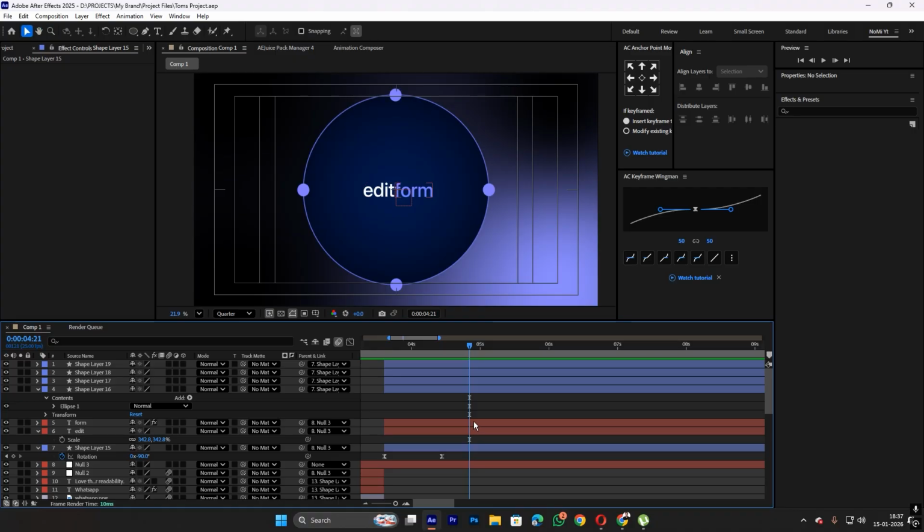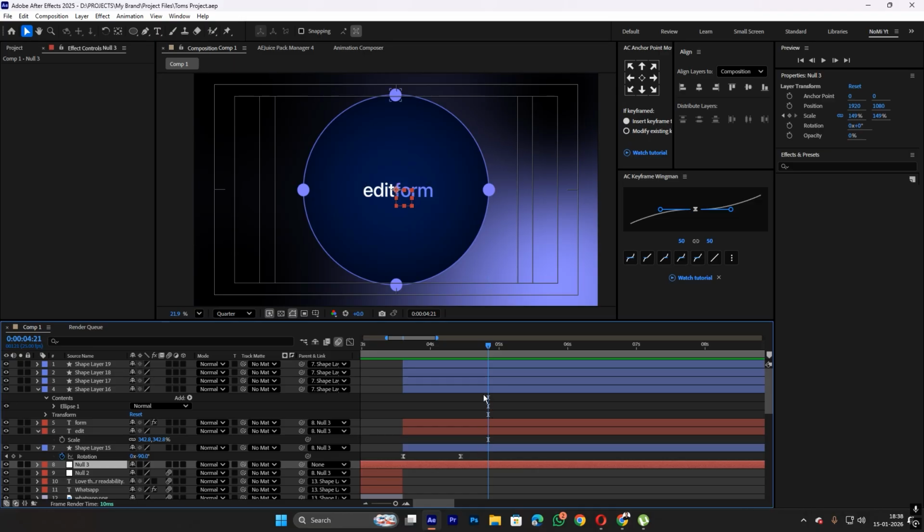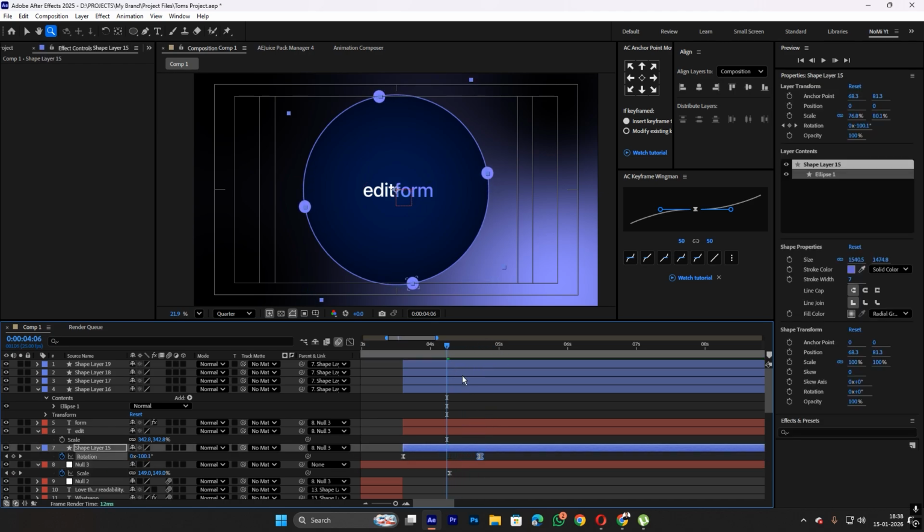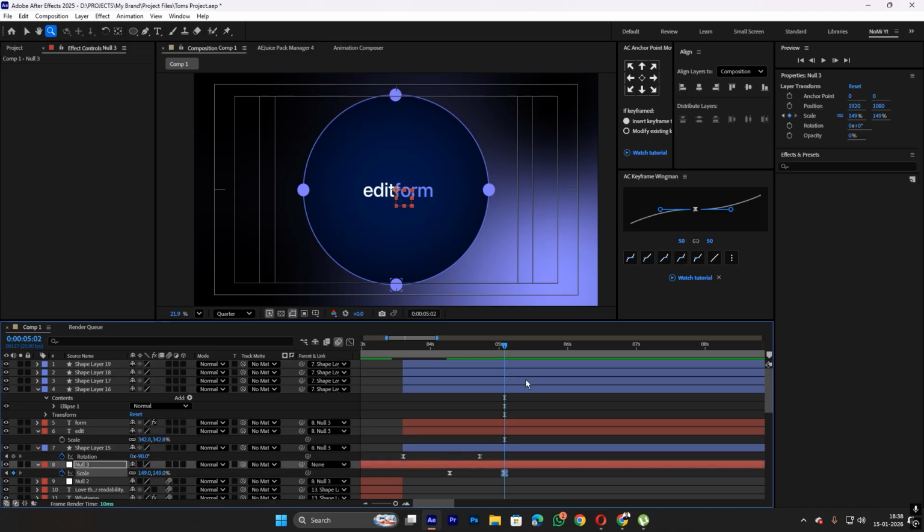Here, because I already parented this with the null, the lower null, what can I do? I simply play with their scaling and position, in a simple way, because here I want to do it. So I just change their scaling and position there. Same for their position. So keyframe their position,